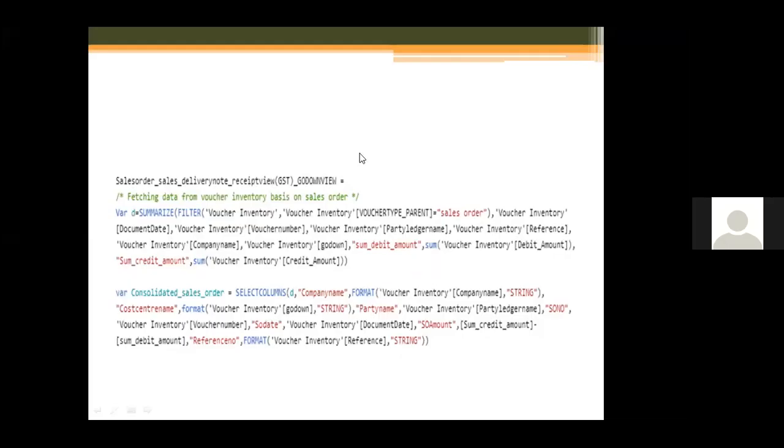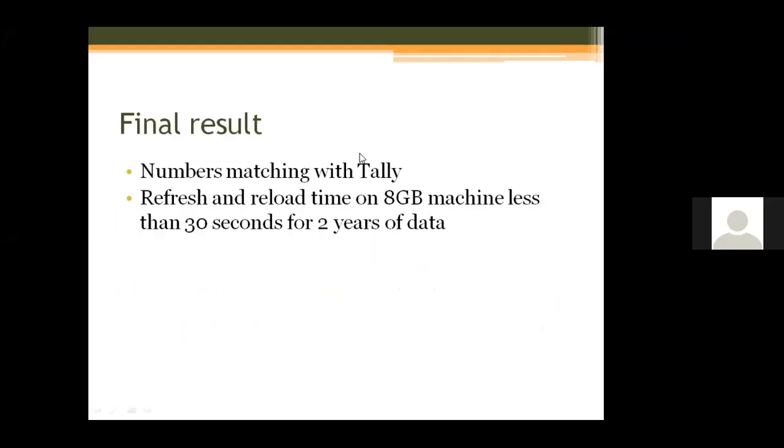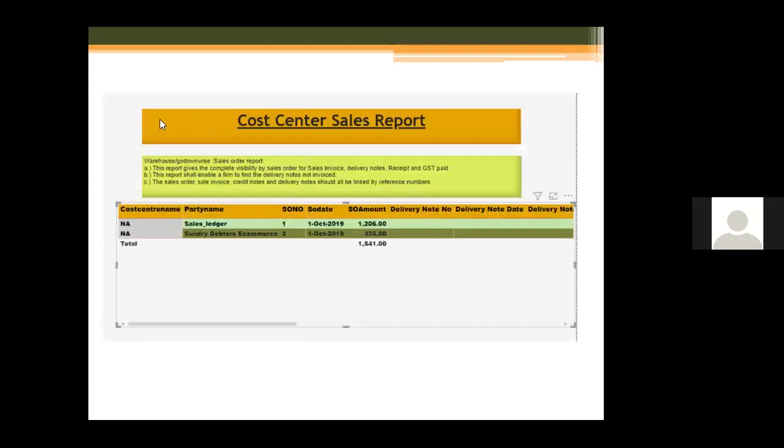So finally, the numbers match with Tally, and the refresh and load time on an 8 GB machine is less than 30 seconds for 2 years of data. So this is the cost center sales report, which stores the godown-wise data.